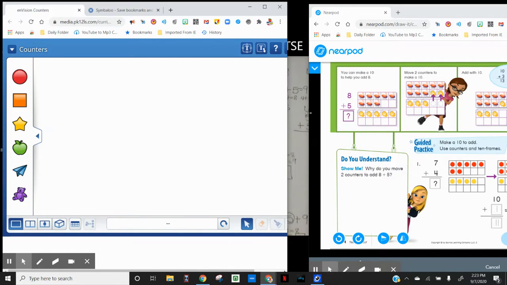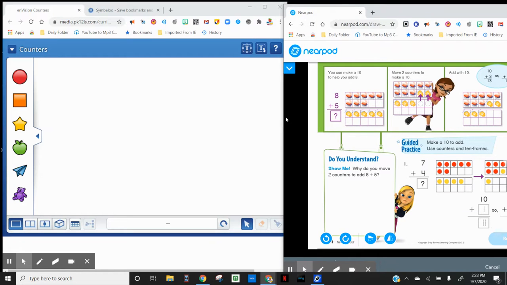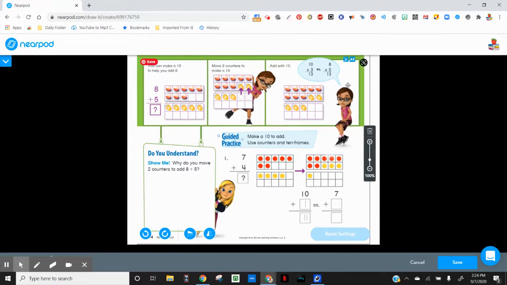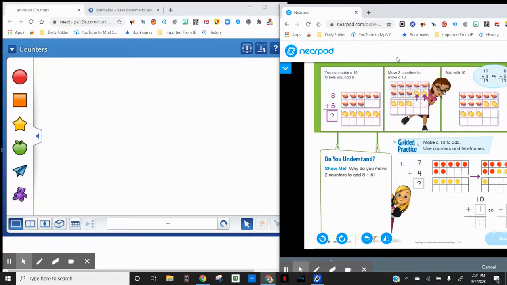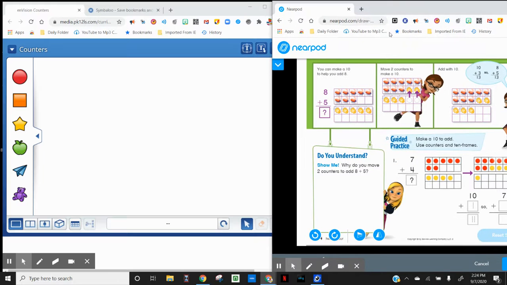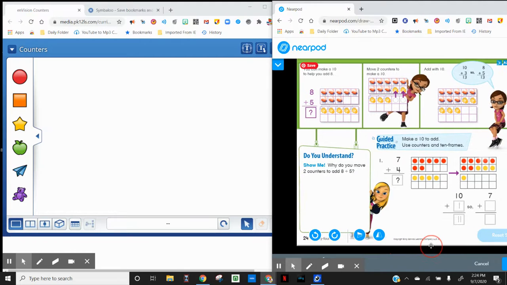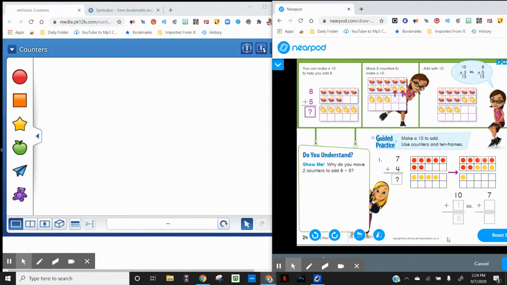Now I'm going to move this one a little bit closer so that I can still see my screen. And again, it should have the little scroll bar down here. Let me move it over a little bit. There. Oops. Just go back again and it does it again. I'm glad that happened so that you can see. I see the little scroll right here. Okay. You can move it over to make it so that you can see it. Okay. So now that I've got the two screens next to each other, now I can use my counters,